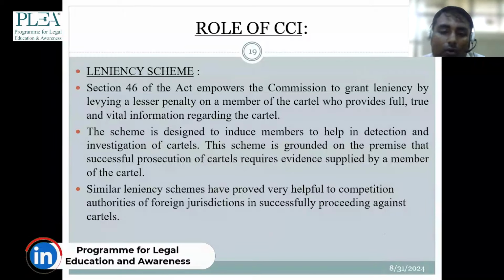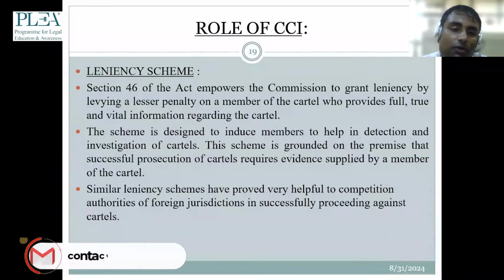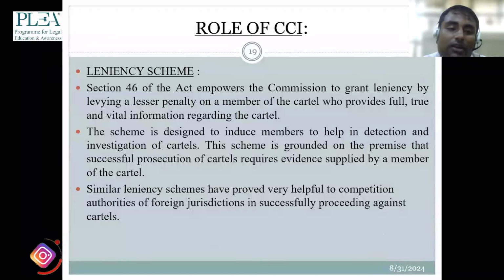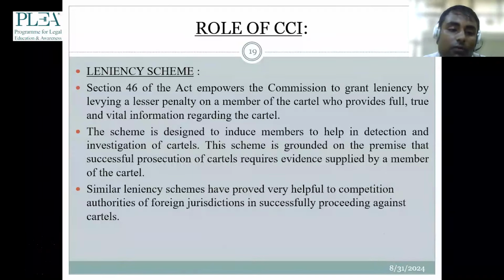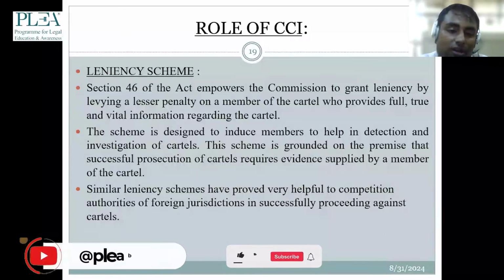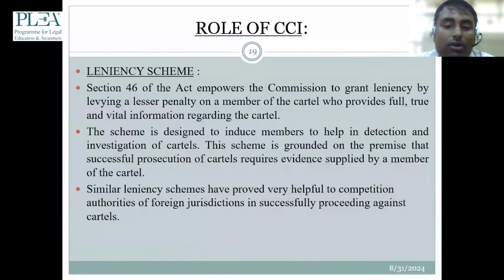This is another, more moderate way to deal with things. Section 46 of the Act empowers the Commission to grant leniency by levying a lesser penalty on a member of the cartel who provides full, true and vital information regarding the cartel. The scheme is designed to induce members to help in detection and investigation of cartels. This scheme is grounded on the premise that successful prosecution of cartels requires evidence supplied by a member of the